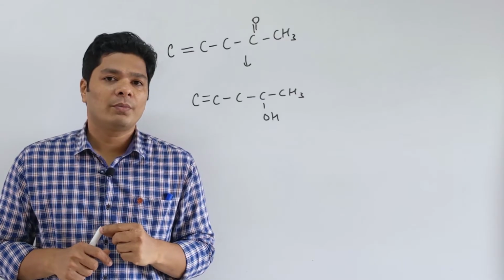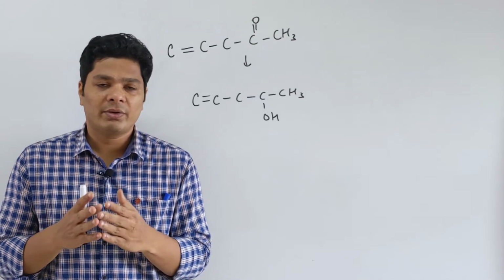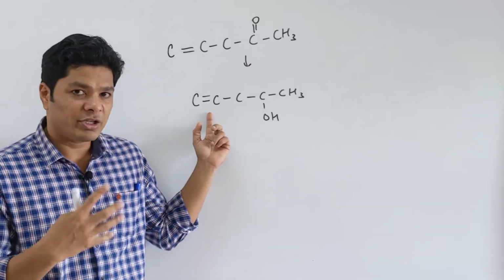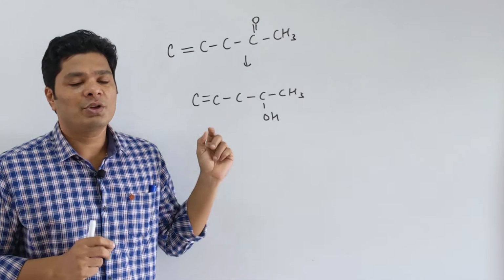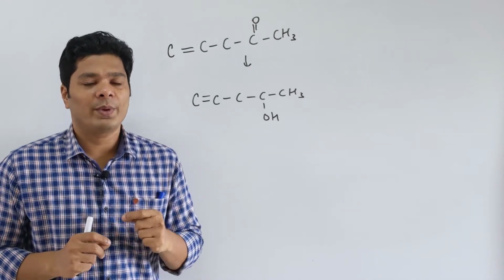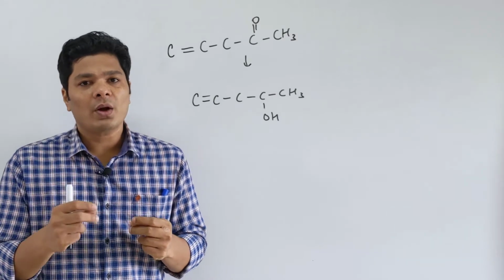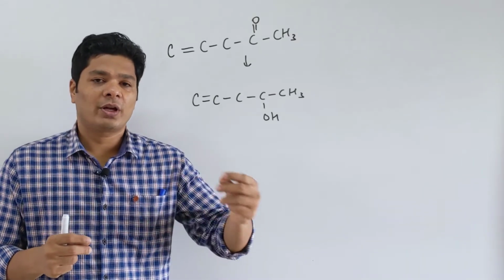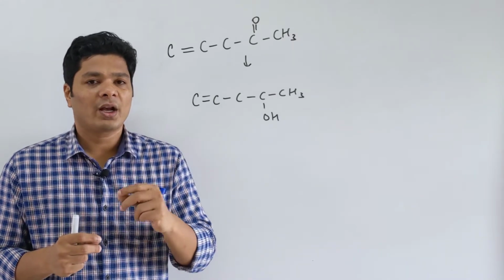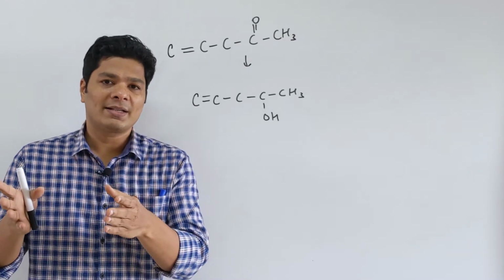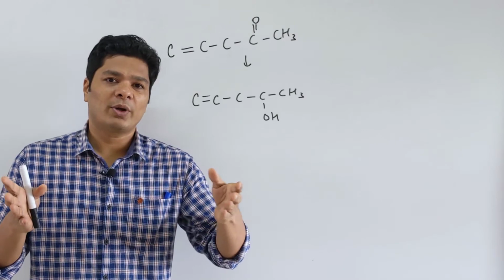The major problem with lithium aluminum hydride is that it is a really great reducing agent. It will reduce and it will not even reduce a double bond, which is extremely good for us. But there is a major problem, that it is very expensive because of lithium. So if you want a way around it to reduce your carboxylic acid into the corresponding alcohol, what we can do is convert it to the ester, which is very simple esterification. You take the acid and use an alcohol to get the corresponding ester.